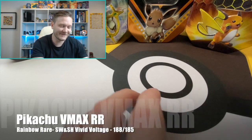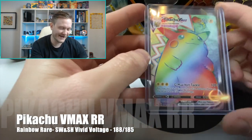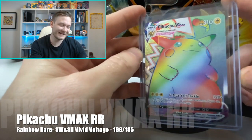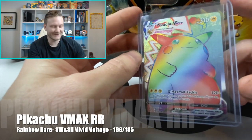So crazy that the microphone could not stand the shouting, so lots of loud noises, and that has to be from the Vivid Voltage set, which is the Pikachu Vmax Rainbow Rare. Do I really need to explain why this card is in my top 10? Everyone knows how hard it is to find this card,